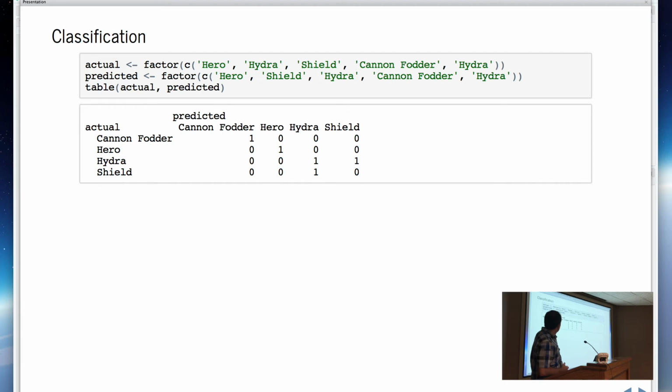The values that are correctly predicted are along the diagonal. You'll see cannon fodder, hero, hero, that kind of thing. It's a quick way to visualize the predictions and see that anywhere I've missed the diagonal, that's a missed prediction. In larger data sets, that becomes a heat map for what kind of problems you're having in your model.